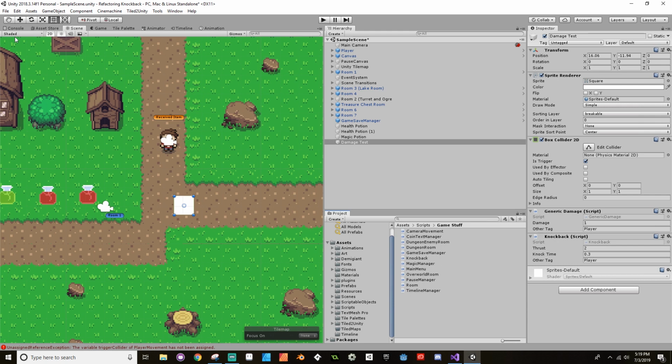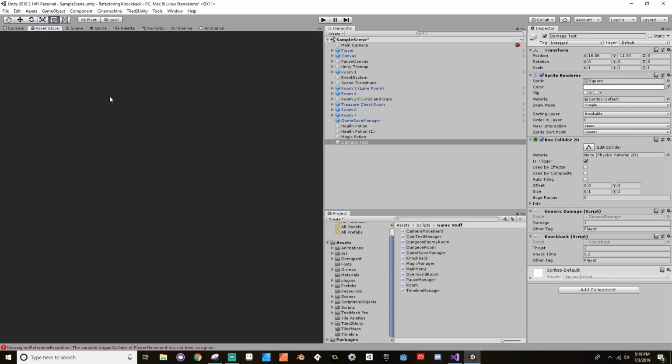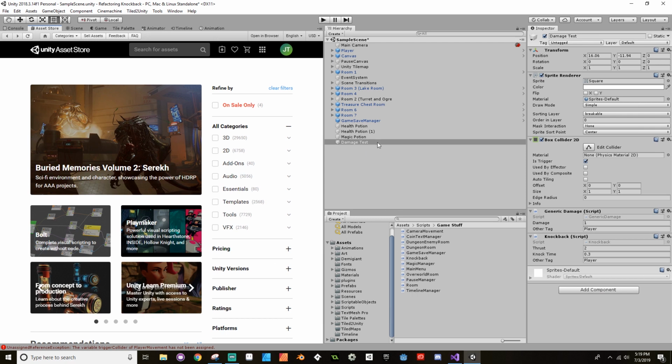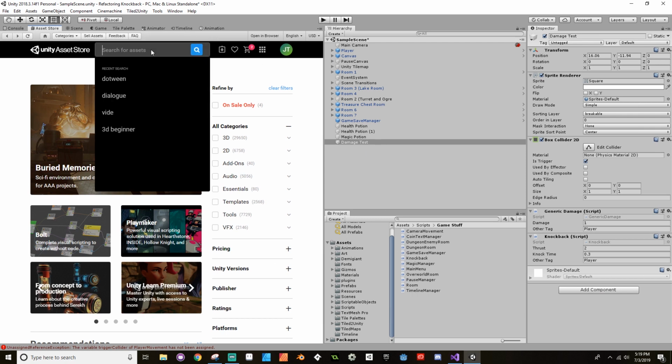So what you want to do, DOTween is free. If you go to the asset store, there's another tweening engine that's free. I think it's called iTween. I don't have any experience with iTween, so I couldn't tell you which one's better. I just have worked with DOTween before, and so I know that it works. That's what this demi-giant folder here is from. So if you search for assets,